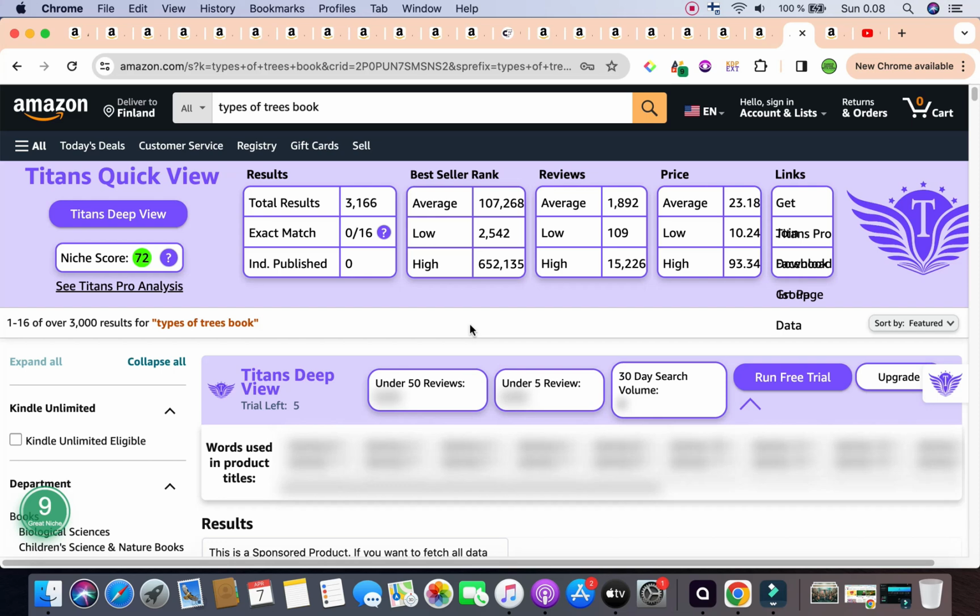Coming to the total results, they are within the acceptable range, under 5,000, sitting at 3,166. The bestseller rank is also within the acceptable parameter, averaging 107,268. Average reviews are 1,892, and the average price is